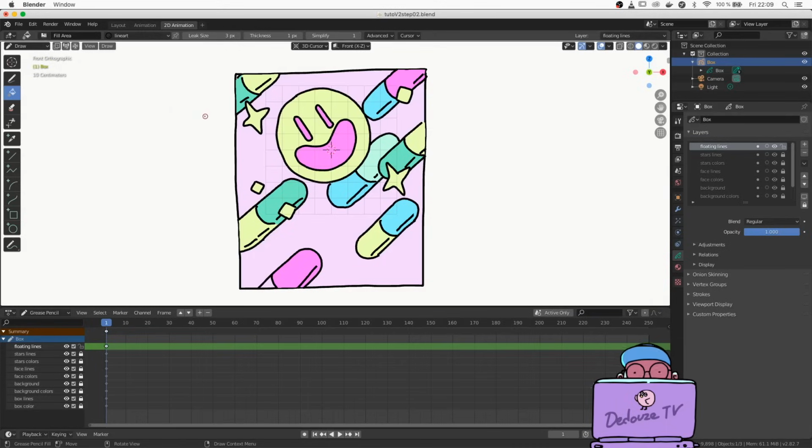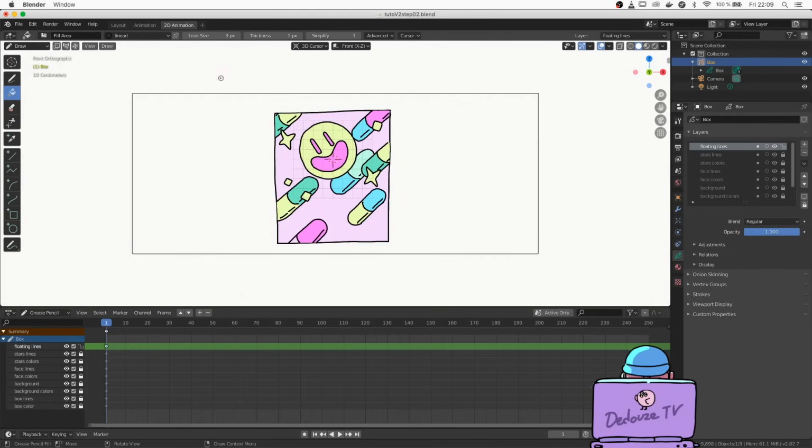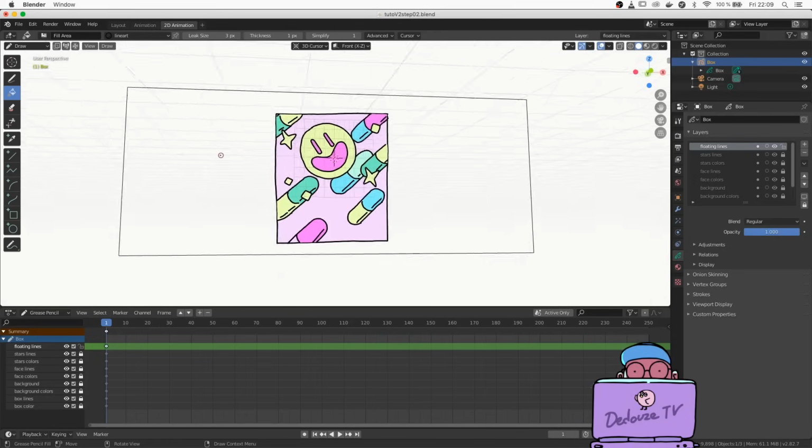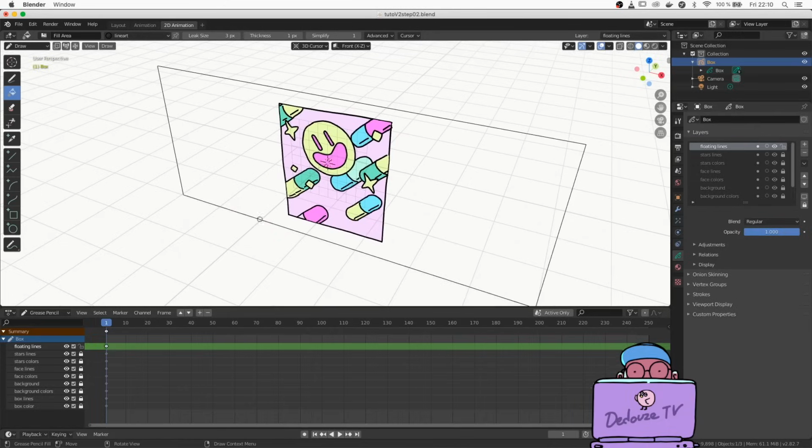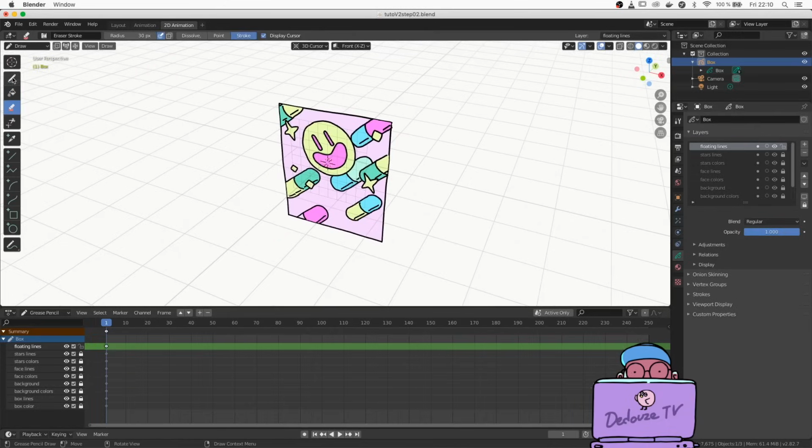And what happens? I made a mistake. Look on the left, I was still in the paint bucket tool. If we zoom out, we see this big rectangle that appears on the side. It's because I just painted the whole frame with the bucket tool using the line art color. I'm going to erase this and go back to the pen tool.